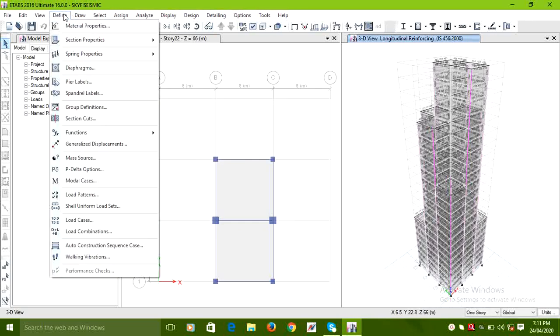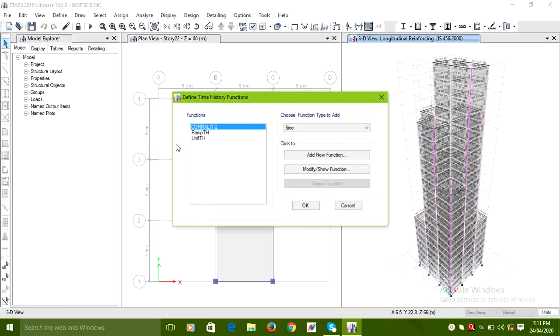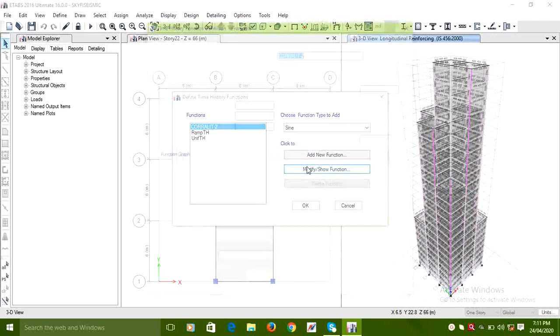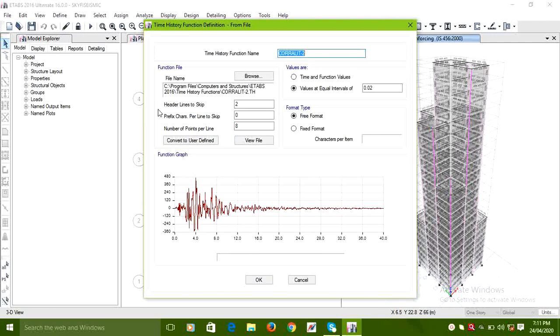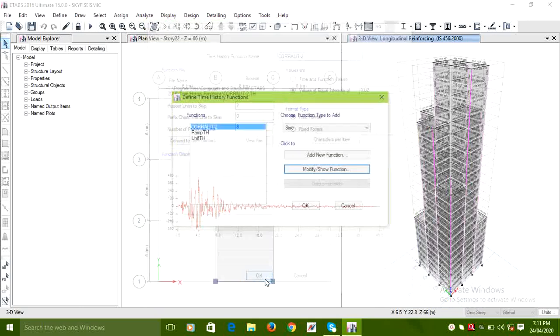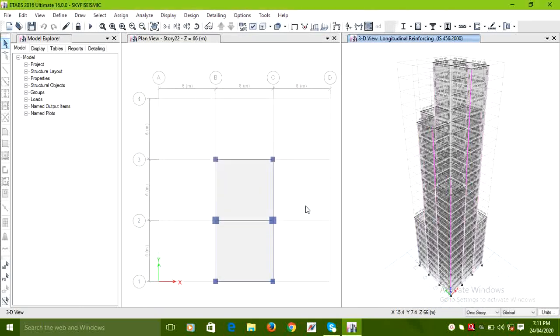Similarly, we have to define the time history function using define function time history. So I have used the correlate time history data from the C drive. So after defining this function, we have to go to